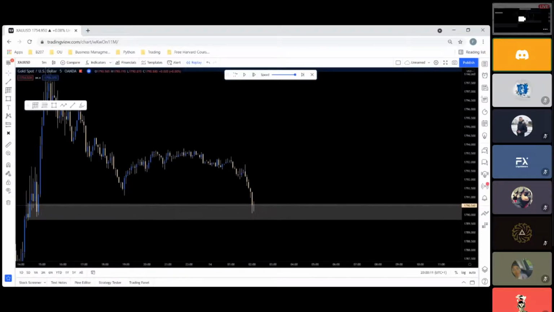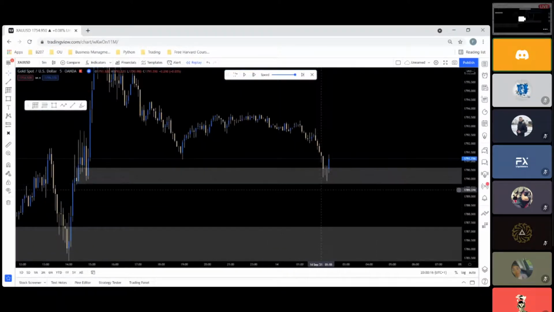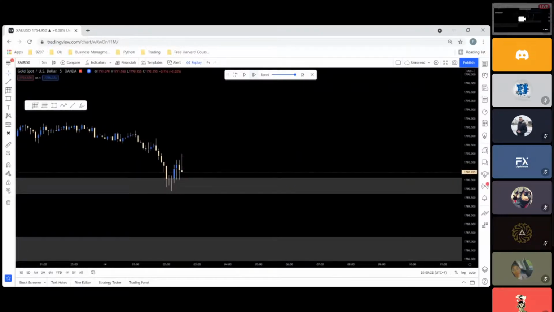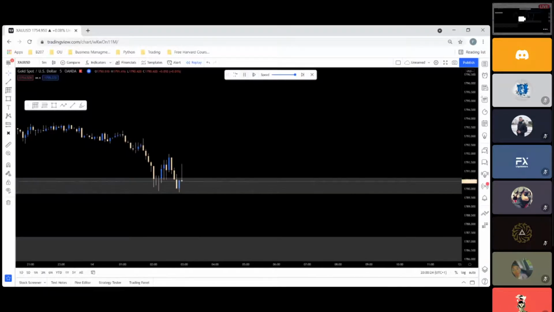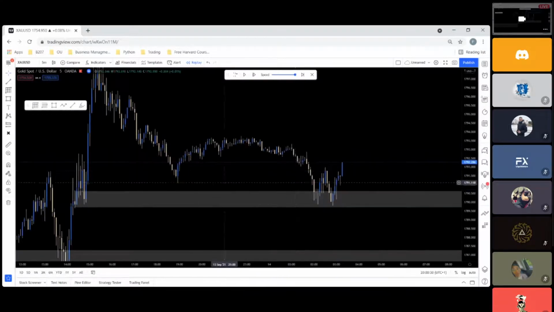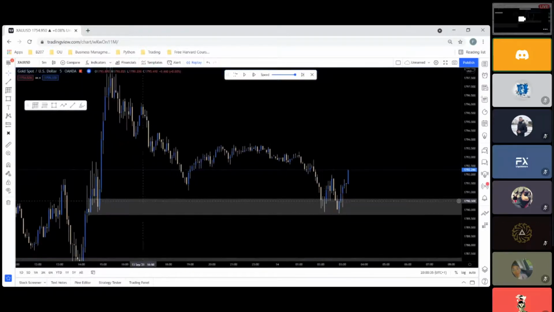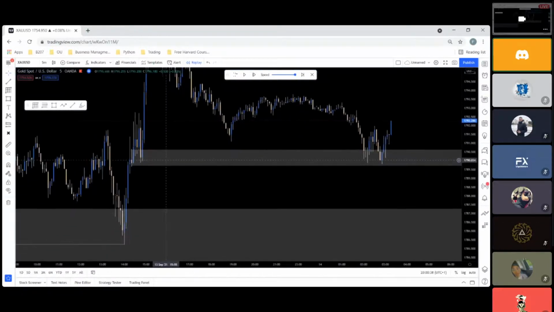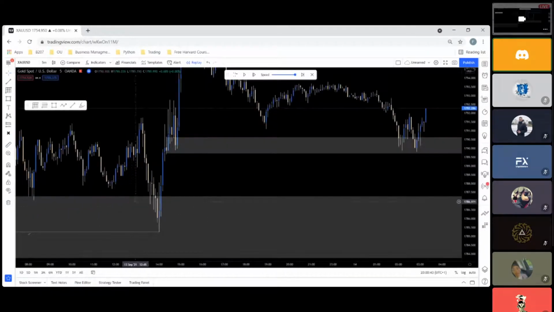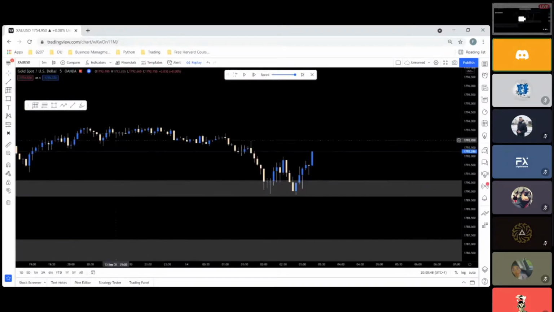Okay, so we've hit the zone. Nice liquidation here actually, as price impulsively starts to come back up. So I'll see what happens. Okay, so this is something I like to see, and you could call it quite an aggressive way to trade. So obviously, price has come into my POI, even though there's big inefficiency below, and there's more effective zones you could use. Looking at the 5-minute order flow,